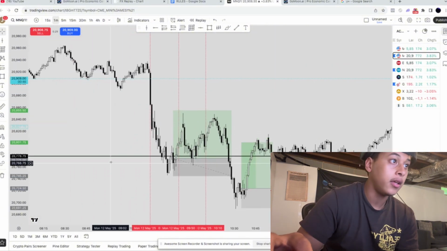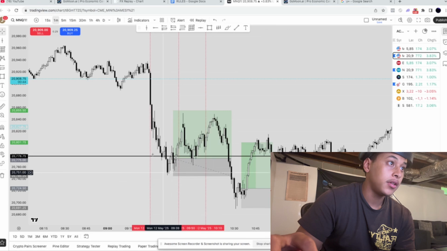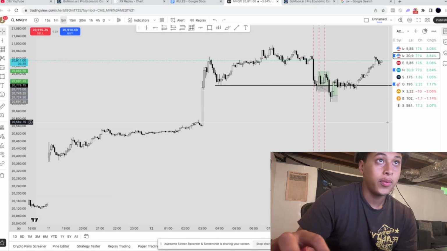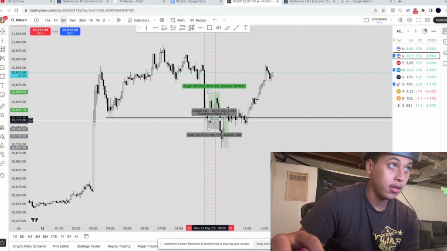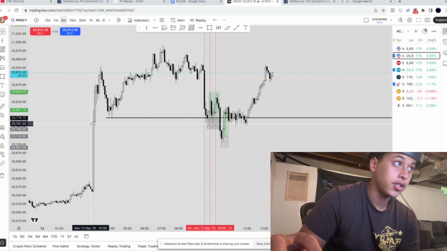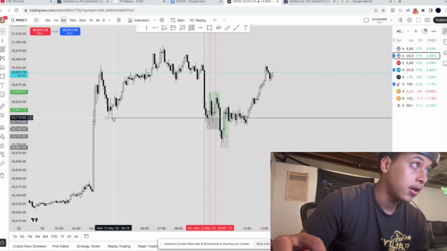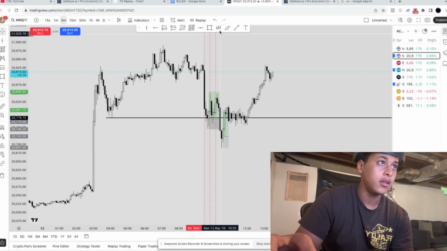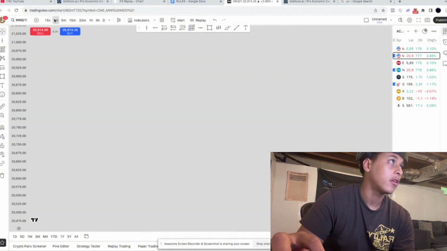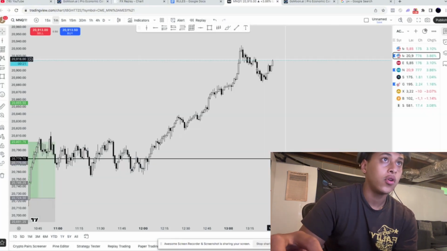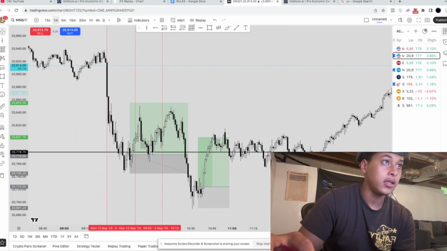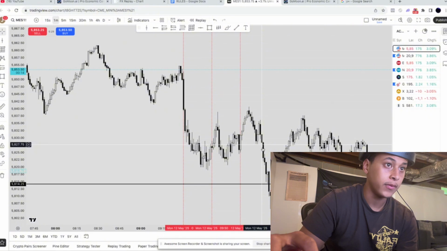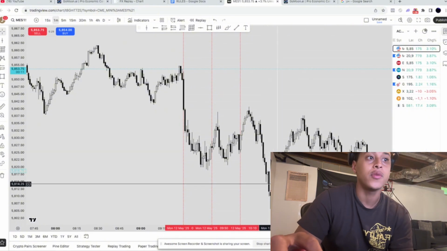I was waiting for a liquidity sweep during market open, which we got. We got a sweep of liquidity right here, and initially I thought after we took out these Asian session lows that we would be targeting previous highs like up here, but we didn't sweep out that liquidity on ES until later on in the day, like around 10:30 is when we took out that liquidity.